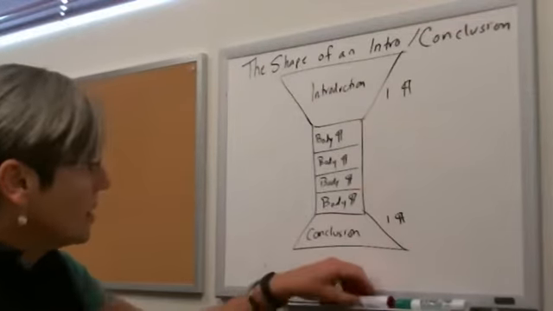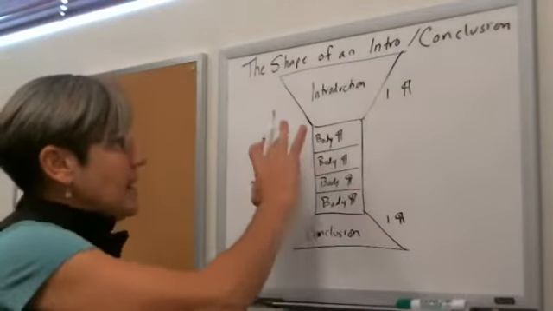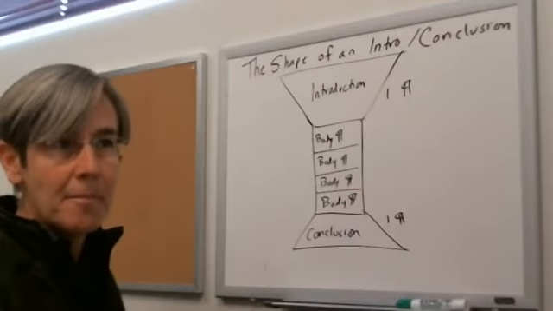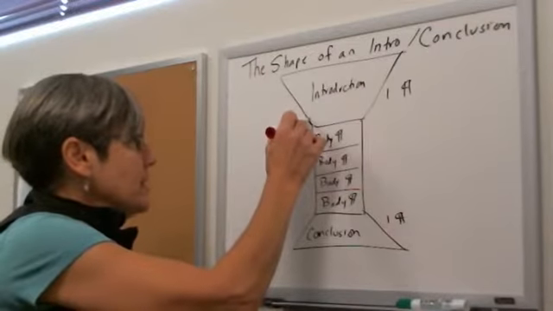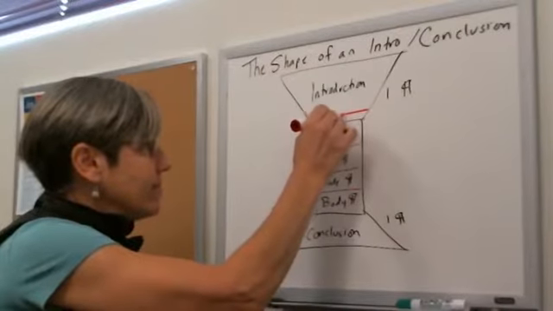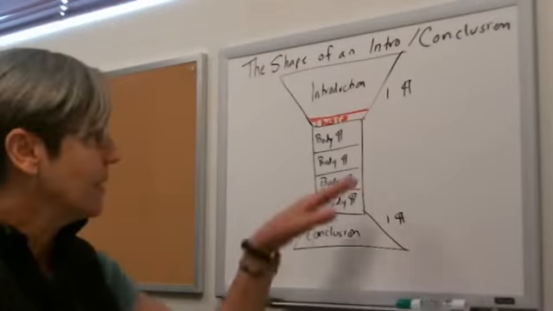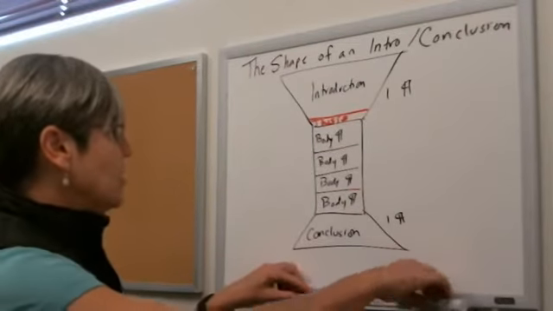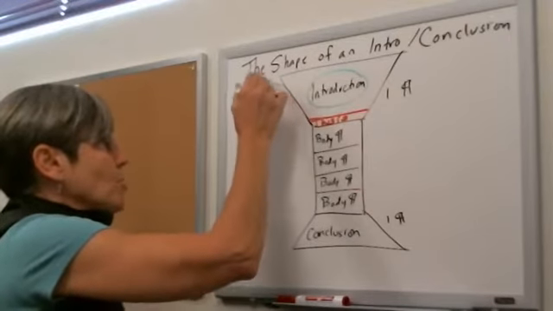So if you look at the diagram I've got on the board here, you'll notice that I have something shaped kind of like a very angular hourglass or perhaps a dumbbell or something of that nature. Your body is focused on your thesis. And your thesis, indeed, might summarize very succinctly the body of the paper. But the introduction should not. The introduction is much more general.